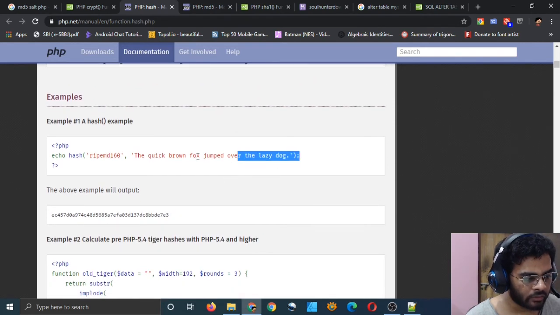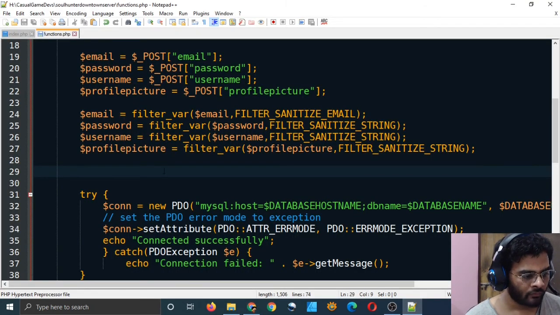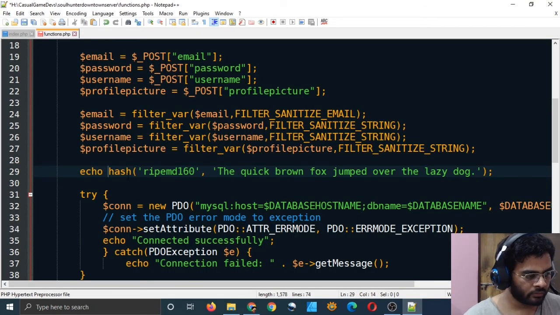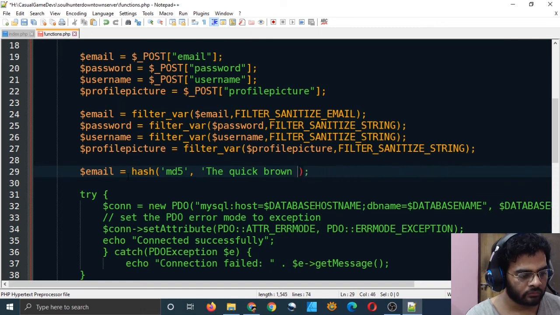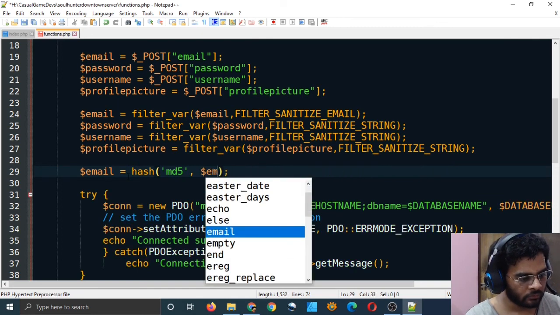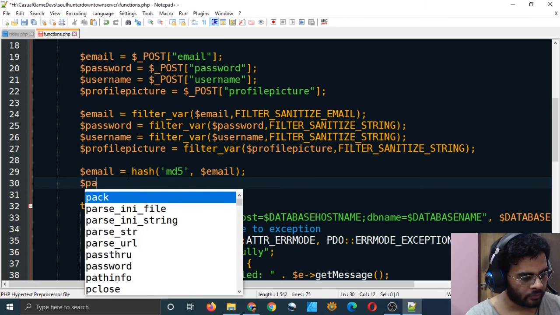So this statement looks good. I will just copy it. I will paste it, and I will not echo anything. I will just type my variable name equal to hash, and I will type MD5, and I will just get the variable value email. Same for password, same for everything.